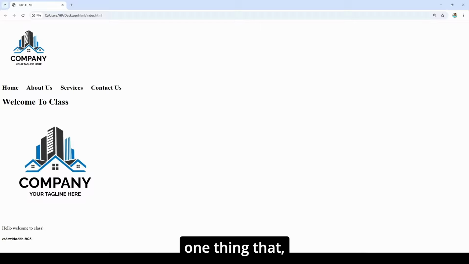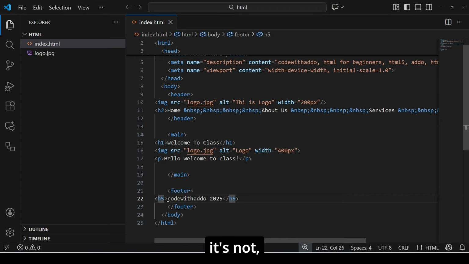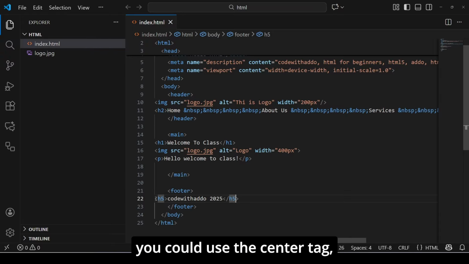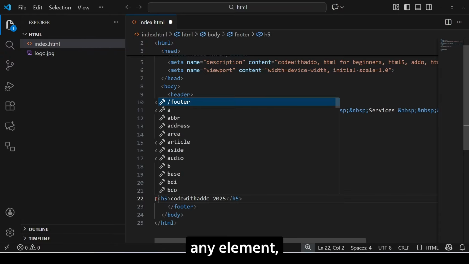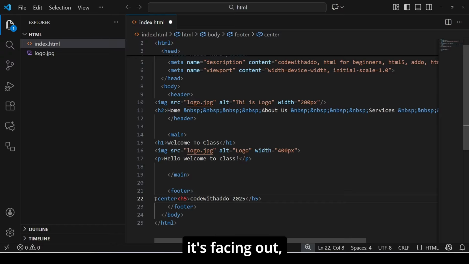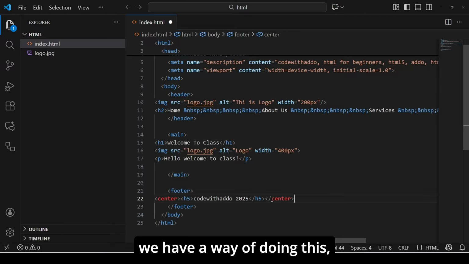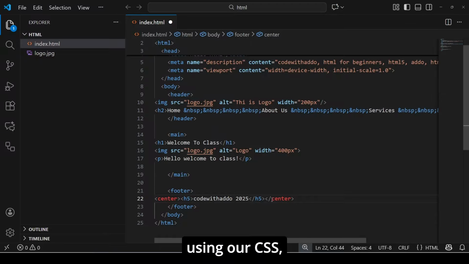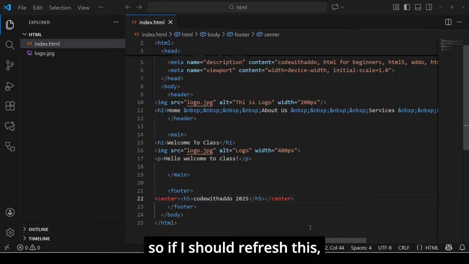Okay, and one thing that is not advised: you could use the center tag and wrap it around any element, but the center tag is now phased out. I will not advise you to ever use the center tag for a real project. Instead, we have a standard way of doing this using our CSS. Like I said, CSS is for styling. So if I refresh this,